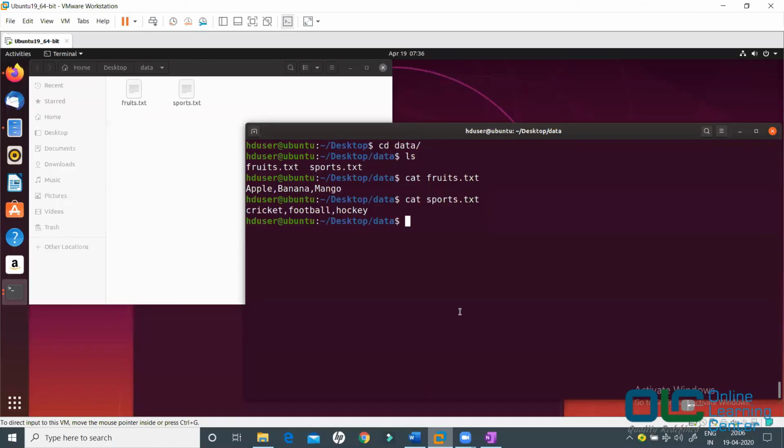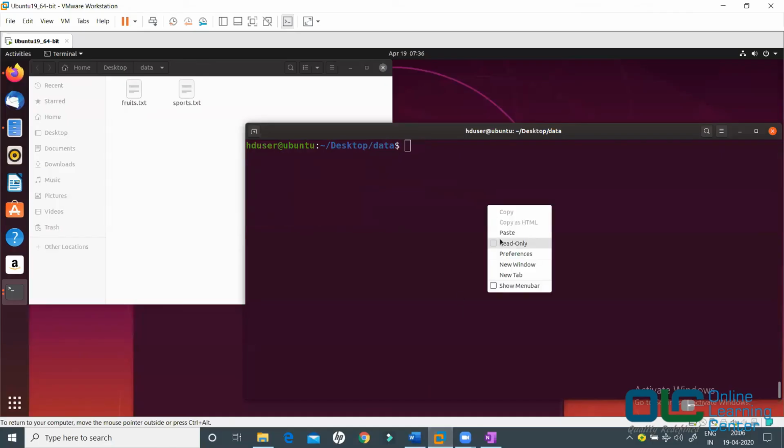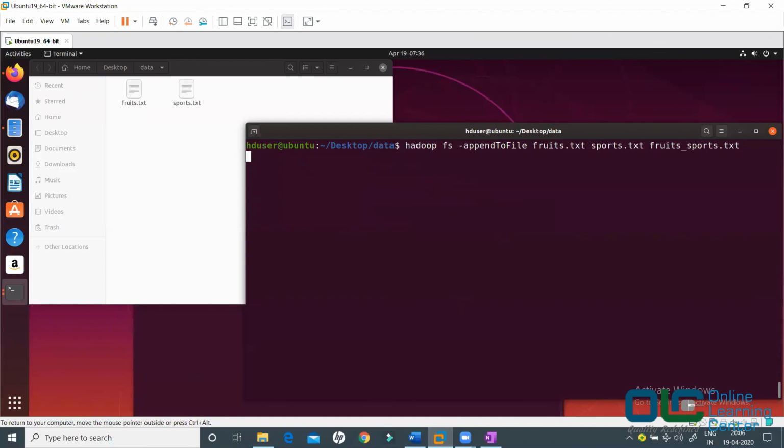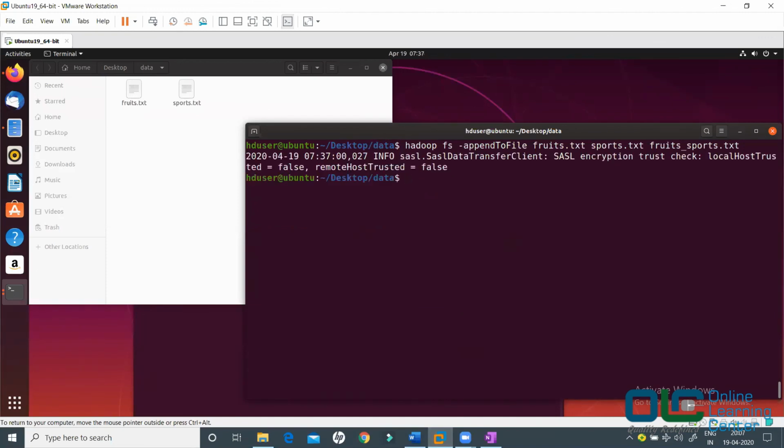I'll go back here and paste. What we are literally doing is saying I want to append fruits.txt and sports.txt together, and whatever output I get after appending these two files, I want to write into fruits_sports.txt.